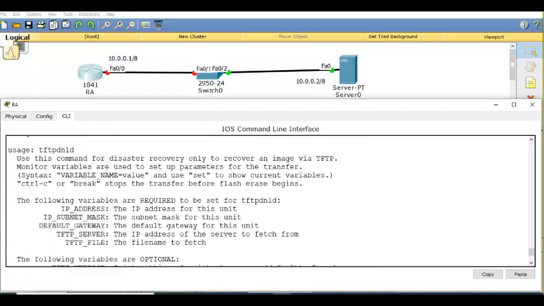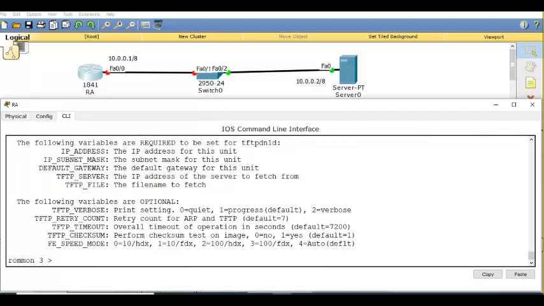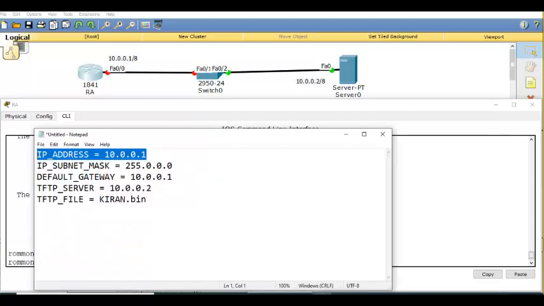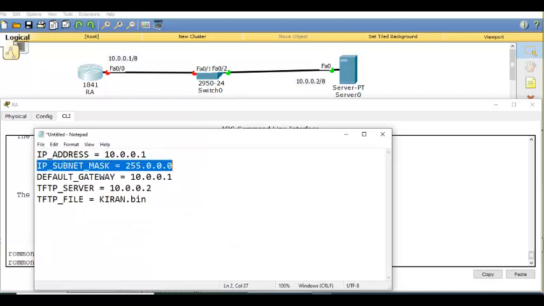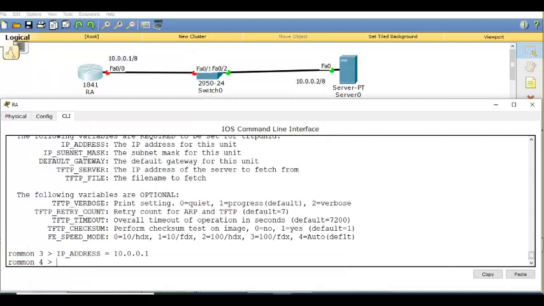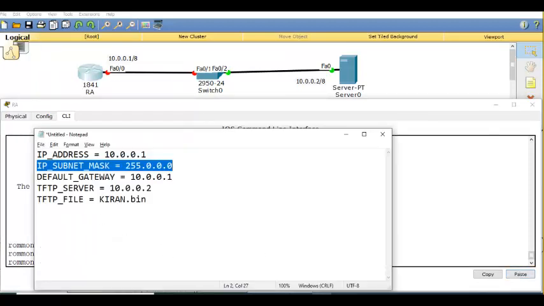Copy. IP address is given. Next. Subnet mask is given. Next.